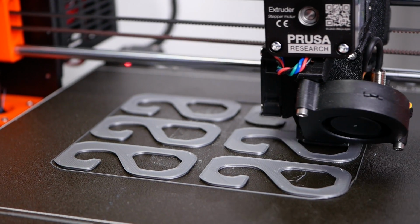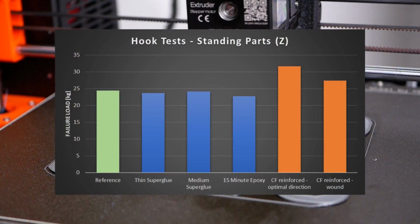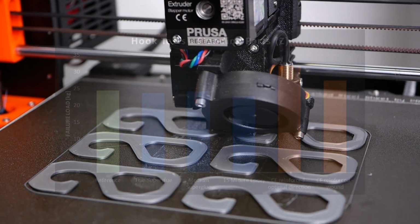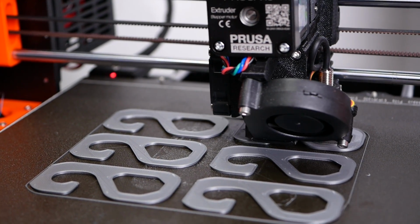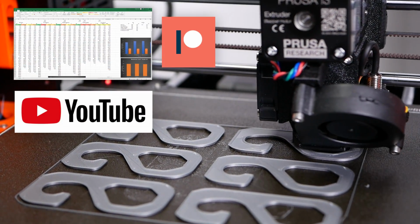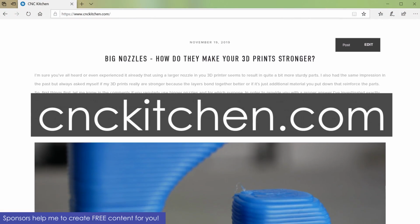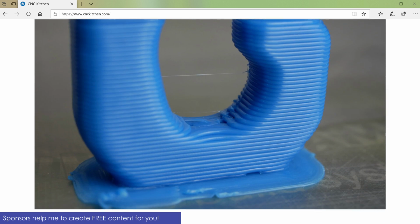More importantly, I think that there might be quite some potential in the continuous carbon fiber reinforcement technique that might be worth another video. If you have experience in that field or a good technique in mind, please let me know. The detailed test results are available for my Patreon supporters and YouTube members, but if you only want to take a second look at the graphs, then check out my website that I built with the easy tools provided